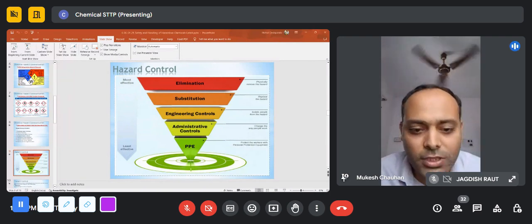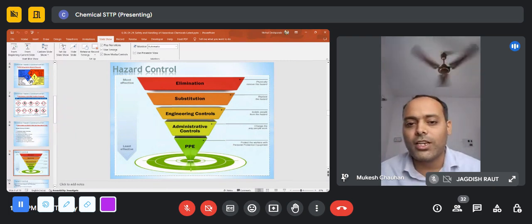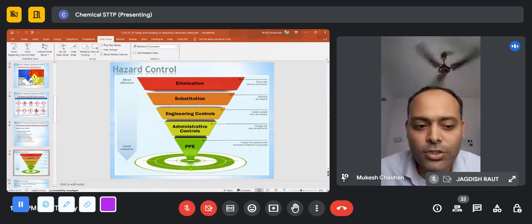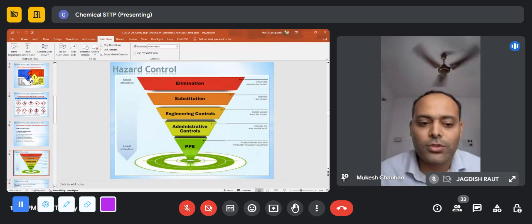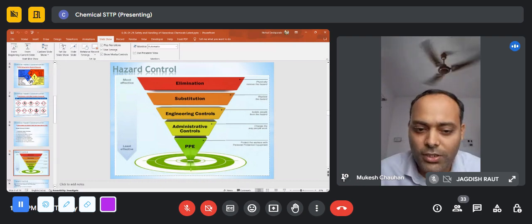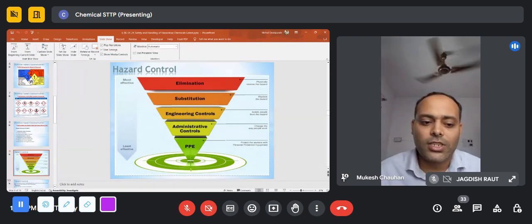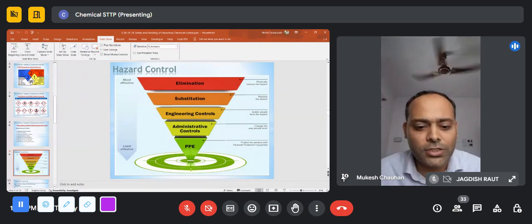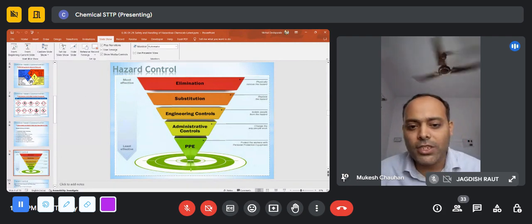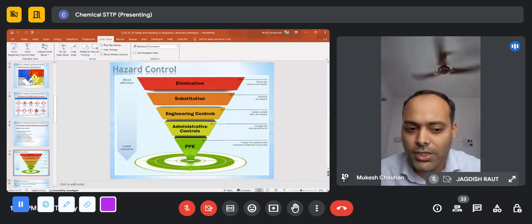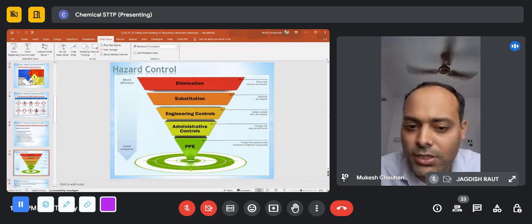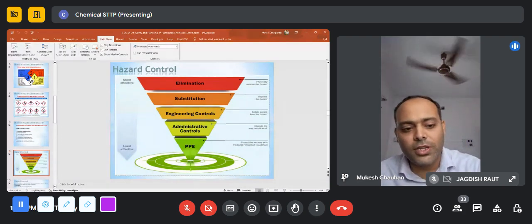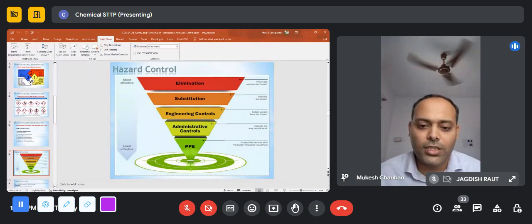एडमिनिस्ट्रेटिव कंट्रोल्स। एडमिनिस्ट्रेटिव कंट्रोल्स में क्या होगा, कोई केमिकल को आपको हैंडल करना है तो उसको कैसे हैंडल करना है, उसकी सेफ्टी स्टैंडर्ड ऑपरेटिंग प्रोसीजर्स होंगी। फिर उसके लिए कॉशन एंड साइनेज बनाए होंगे, फिर ट्रेनिंग्स दी होंगी, फिर उसके लिए क्या क्या प्रिकॉशंस लेने हैं वो सब दिए होंगे, ठीक है। तो वो है एडमिनिस्ट्रेटिव कंट्रोल। पर वो इतना इफेक्टिव होता नहीं है। जनरली इंजीनियरिंग कंट्रोल्स सबसे ज़्यादा इफेक्टिव होते हैं। अगर वो फेल होते हैं तो फिर उसके बाद लास्ट में आता है पर्सनल प्रोटेक्टिव इक्विपमेंट्स।